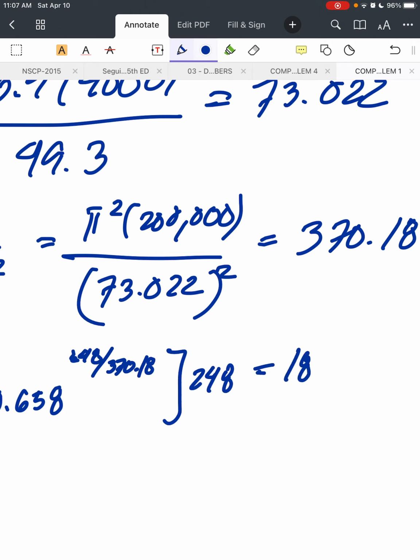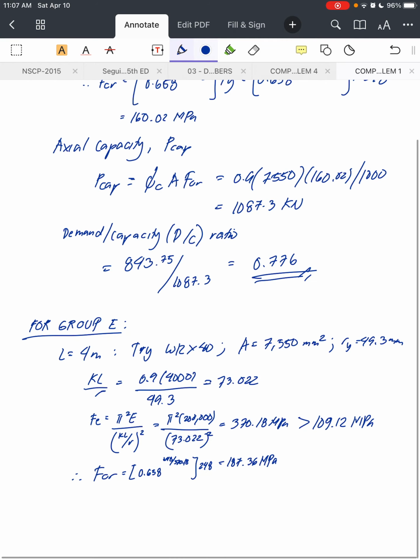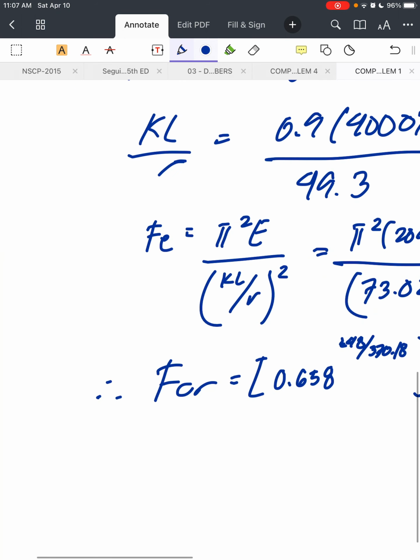So that should be equal to 187.36 MPa, right? So for the Pcap, or the actual capacity,